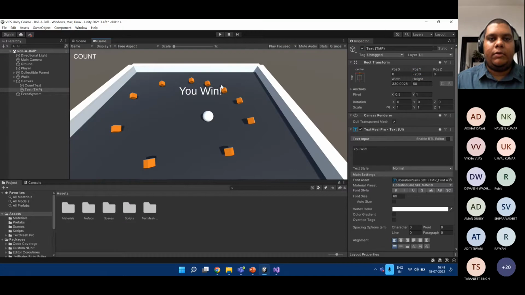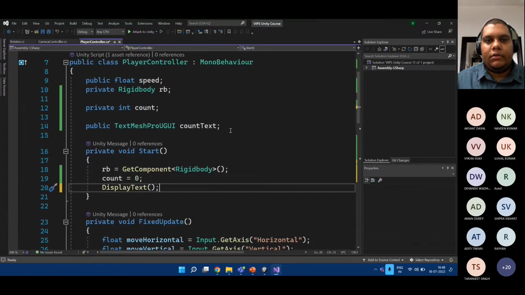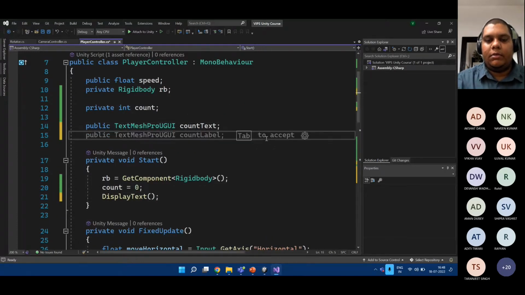And back here, this is where You Win will show up, but we want this to show up only when the player has collected all the collectibles. Before that, it can be deactivated. So let's deactivate it and let's write in the script how we want to activate it. So similarly, again, I will make a public TextMeshProUGUI win text,